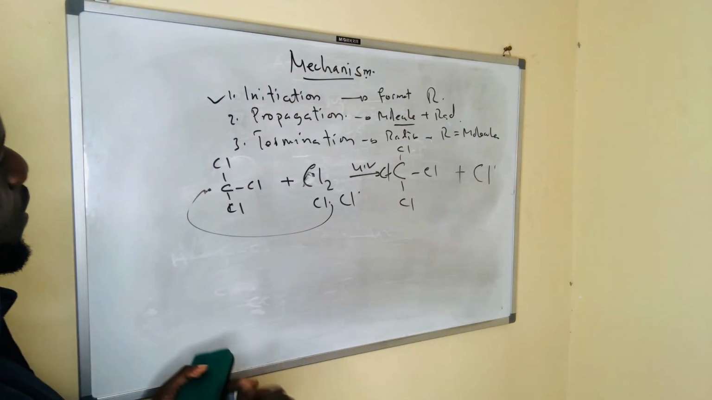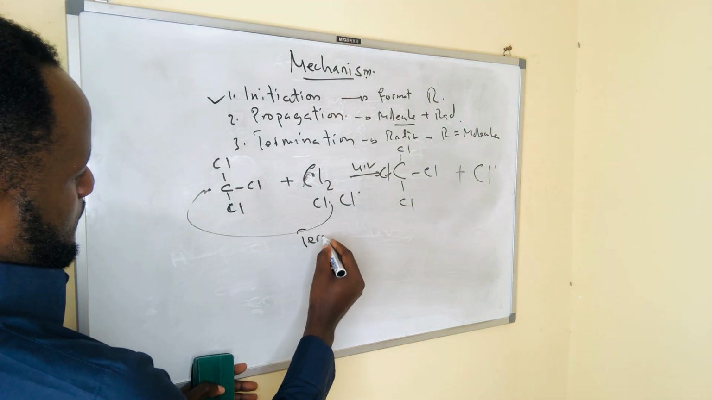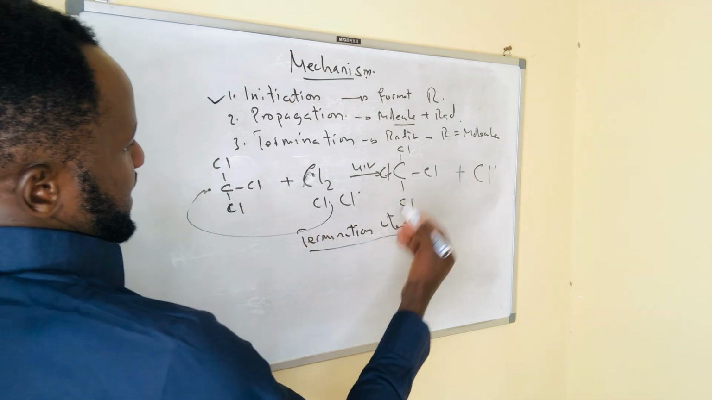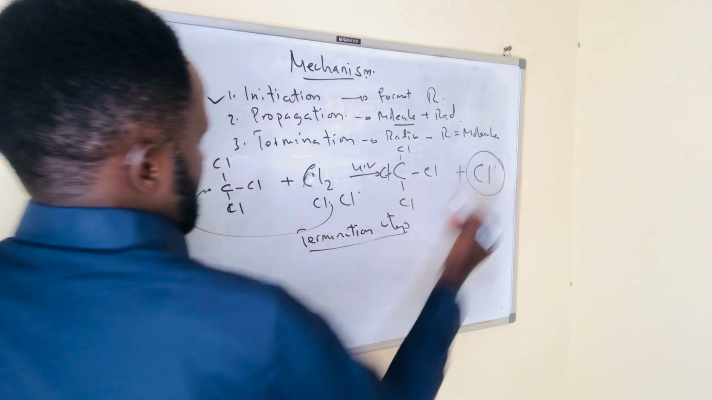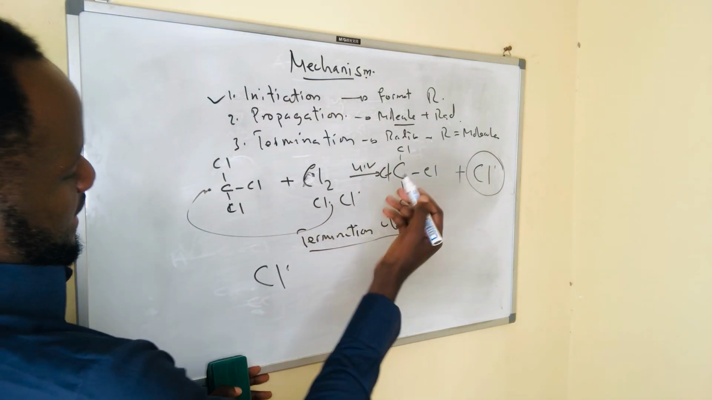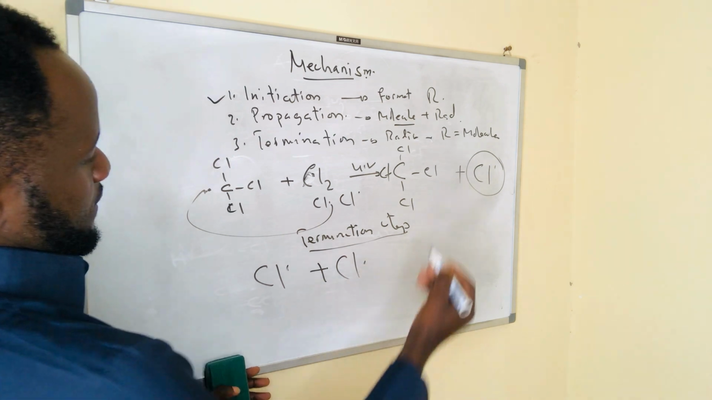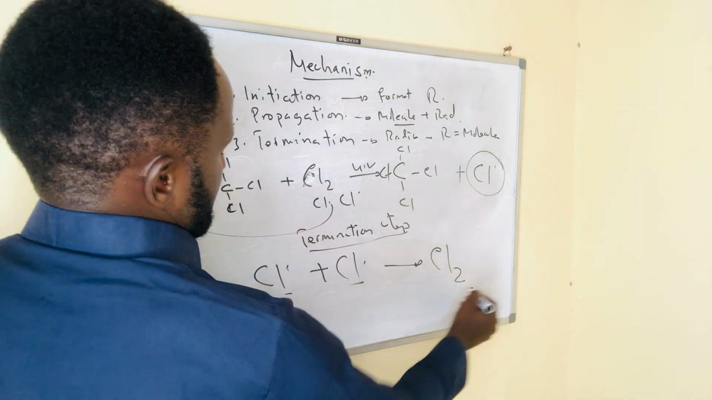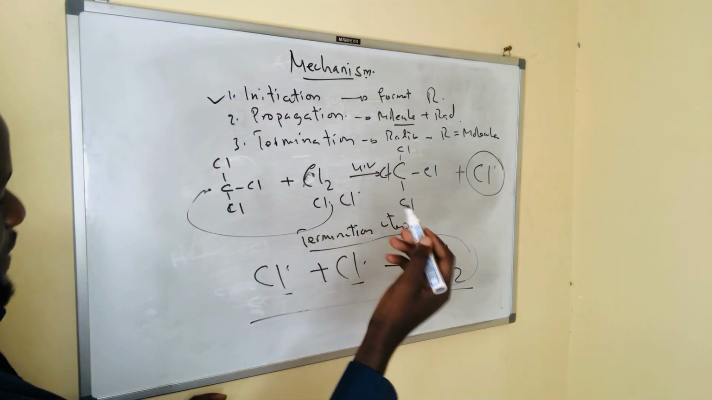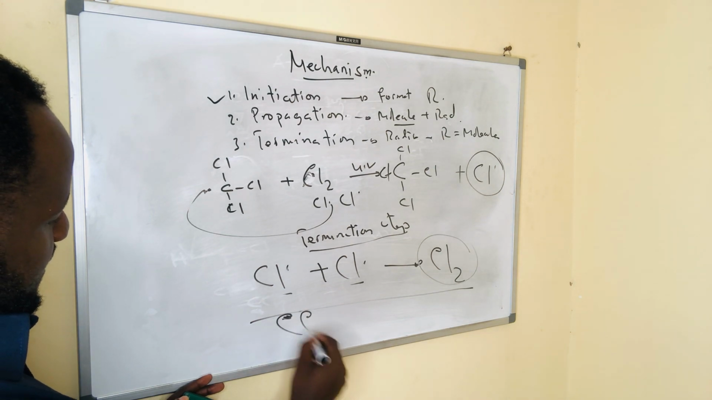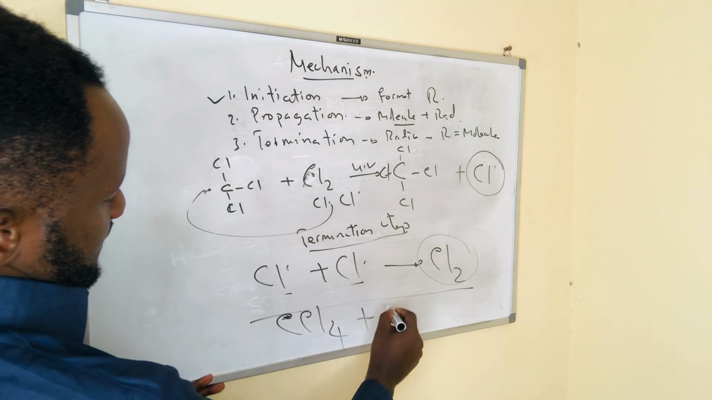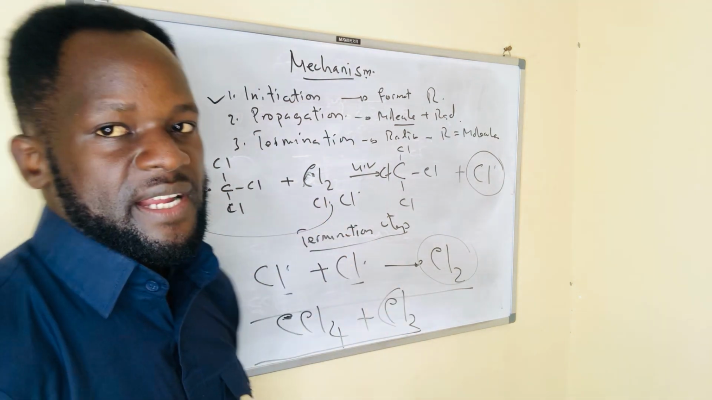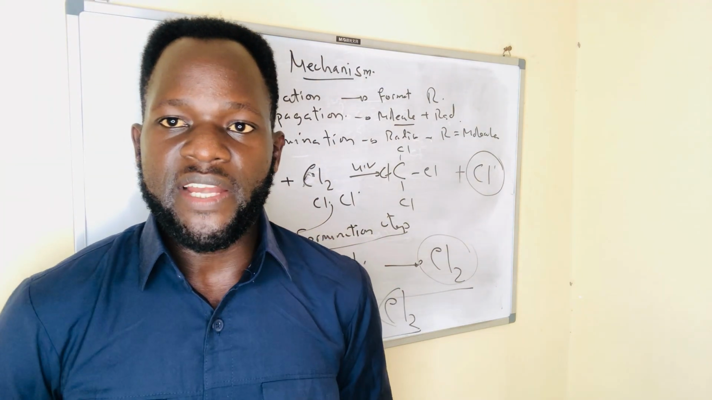So then we go for the termination step. Termination step is where you take radical plus radical. So you take this radical plus radical to form a molecule. So you take the same radical. You will get this one. So the end product will be CCl4 plus, you see? This is the mechanism of free radical substitution reaction